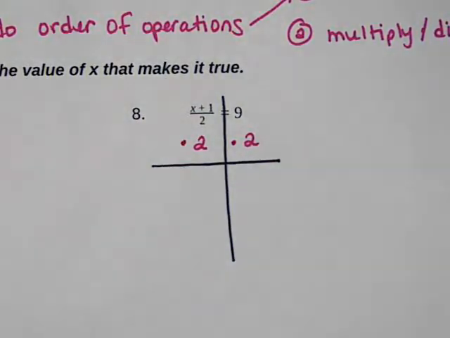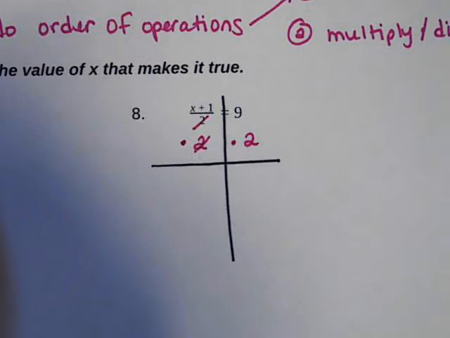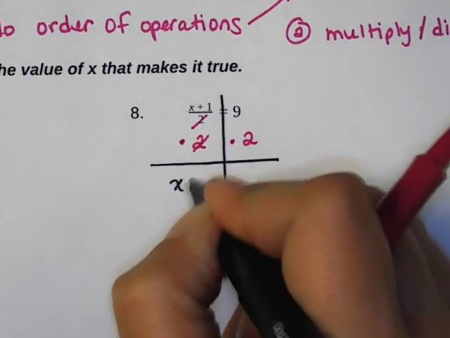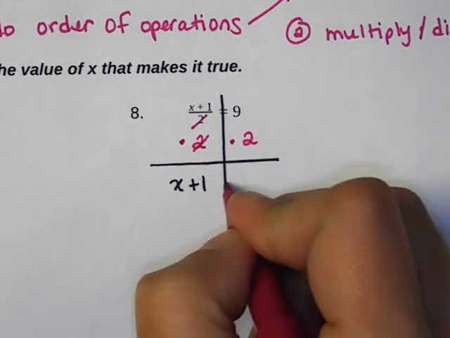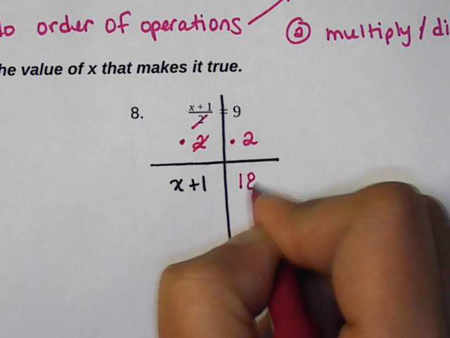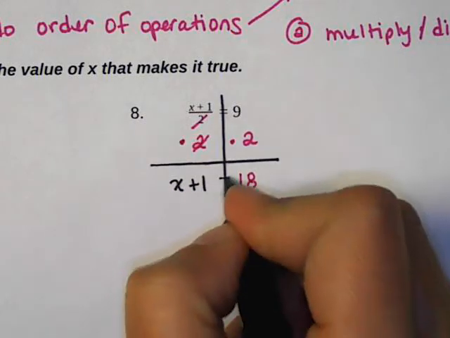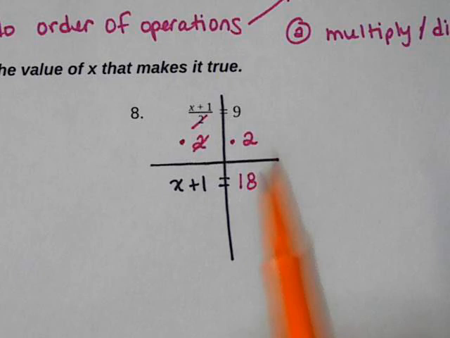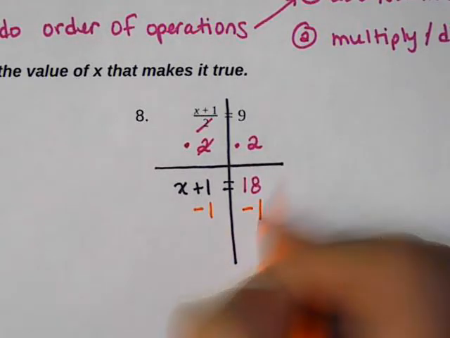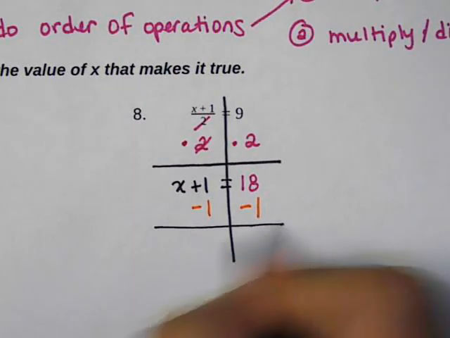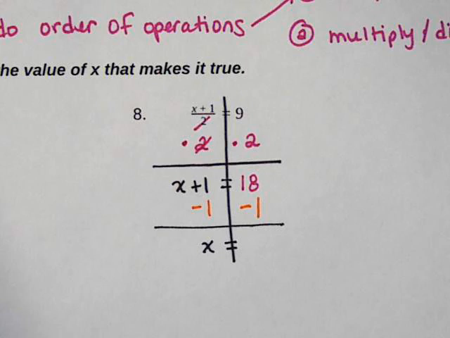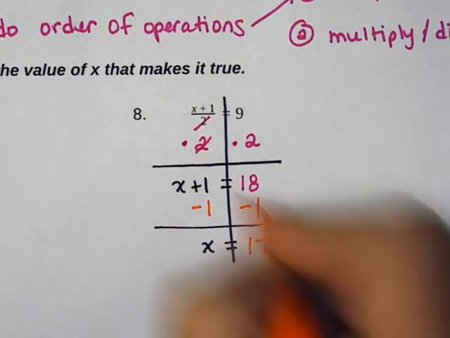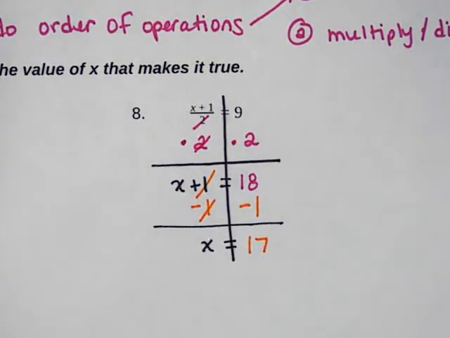So on the left side, the 2's cancel, and all I have left is x plus 1. On the right side, 9 times 2 is 18. Now, because the 1 is not trapped in a fraction anymore, now I can subtract 1 on both sides, which means I get x equals 18 minus 1, which is 17. Now, last but not least, because many of you have probably seen that before, let's talk